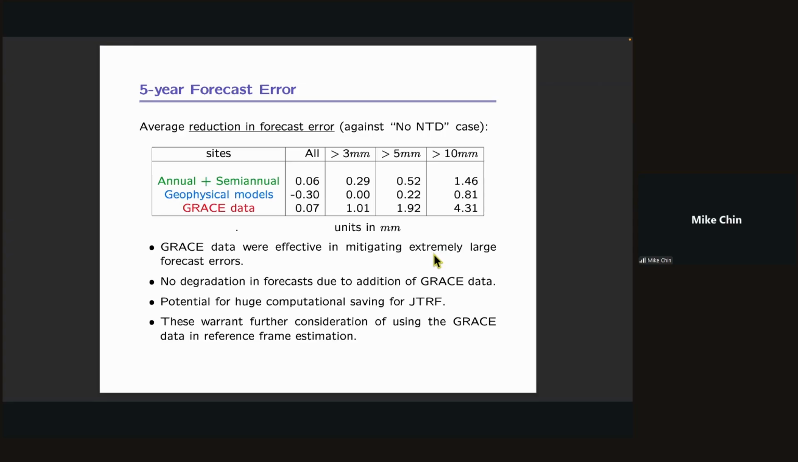There is site-by-site variation on this. But what's good news is that there's no degradation in forecast due to the additional GRACE data. We didn't see a crazy forecast due to that ingestion. So that really gives us motivation to move forward with this. This gives us a really nice practical